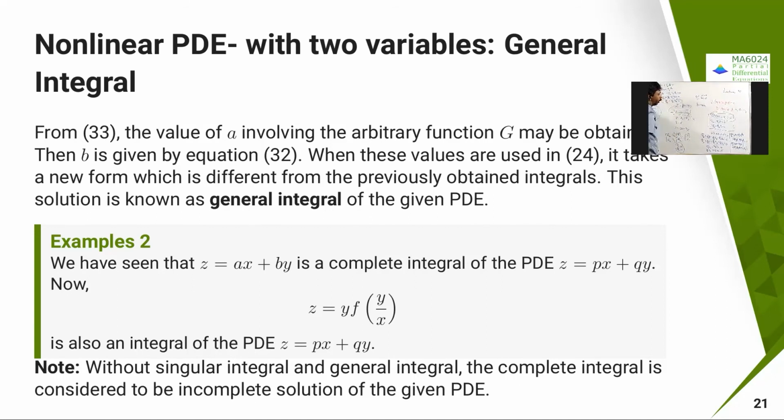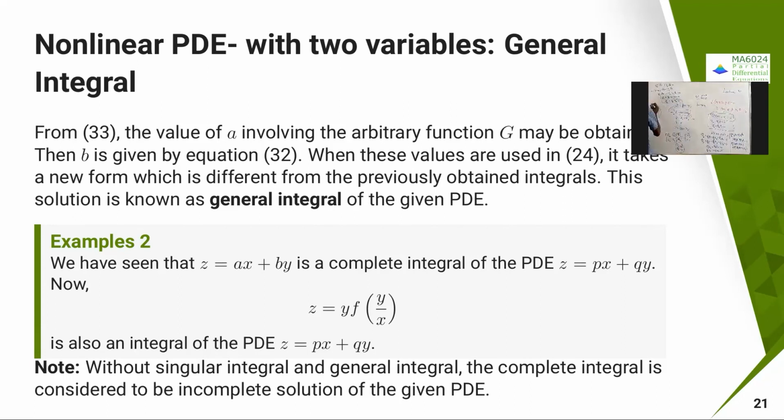This is given. So with these two equations, you can put them in the original equation and you can get the values of the general integral. You can obtain an integral that is called the general integral. For that, what you have to solve is pi of x, y, z, a, b equal to 0, then find the relation b equal to psi of a, and then solve the equation pi a plus pi b into psi dash a. Then you are going to get the general integral.